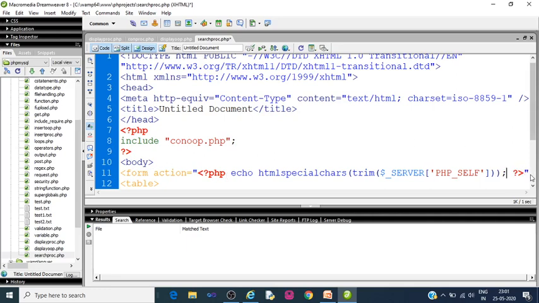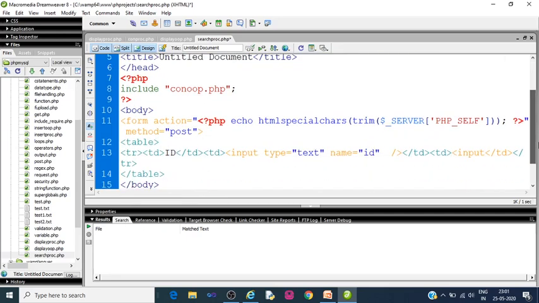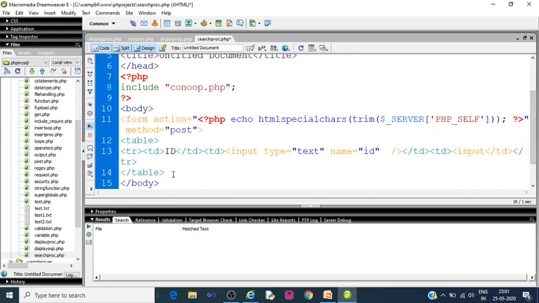Next is method. Method is equal to post, and then we'll just give a slash, sorry, slash of form,